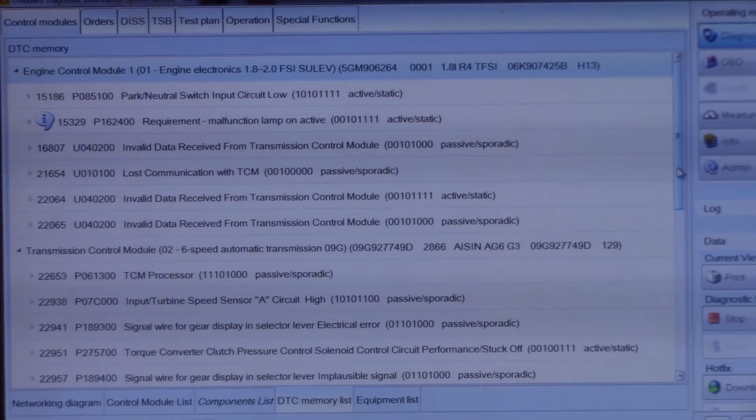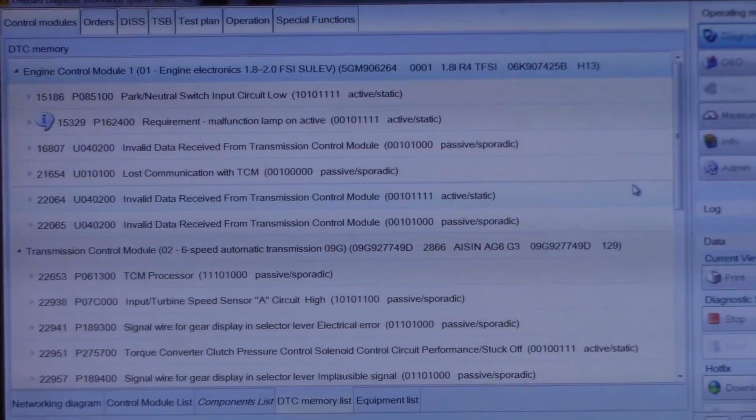P1624, malfunction lamp active. It's a requirement, so that would probably be from the TCM. U0402, invalid data received from the TCM. U0101, lost communication with the TCM. Another 402, invalid data. And then we have down here in the TCM, so we do have communication, P0613 TCM processor,